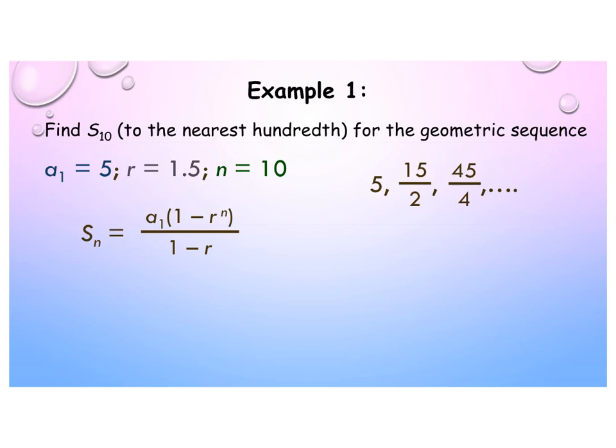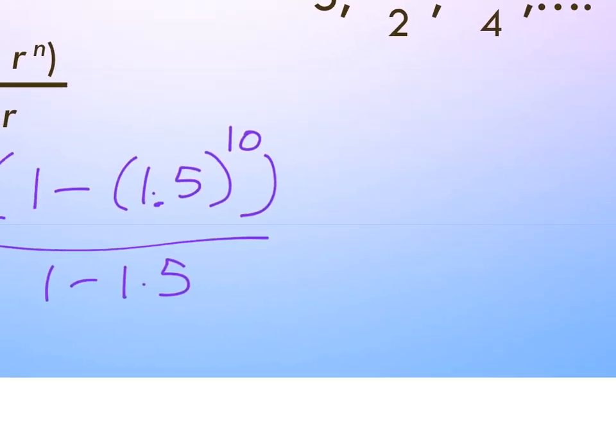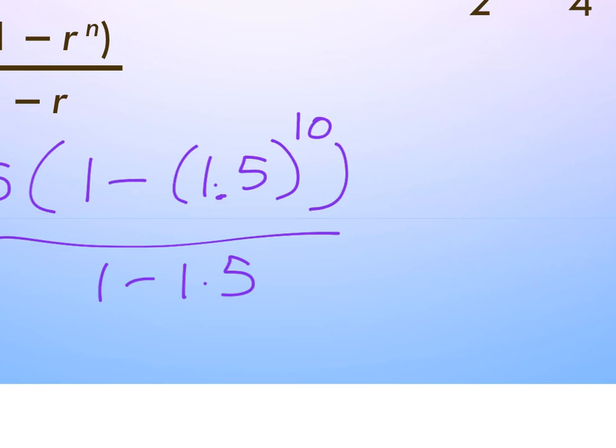All right. Find S sub 10 for the geometric sequence. So our formula is given here. So S sub 10 is equal to the first term times 1 minus r to the n over 1 minus r. Okay, so I have 5